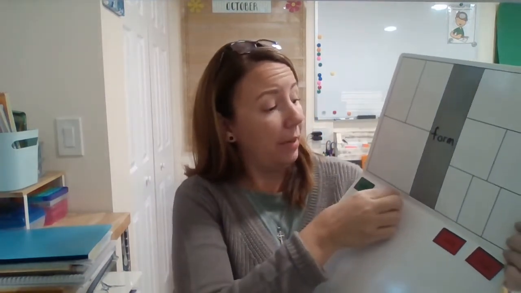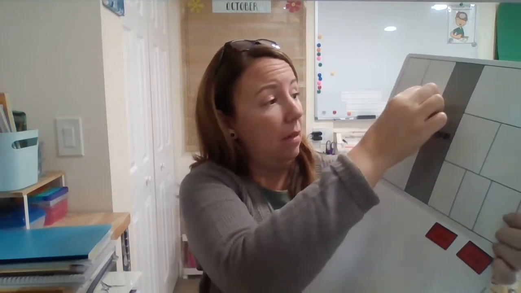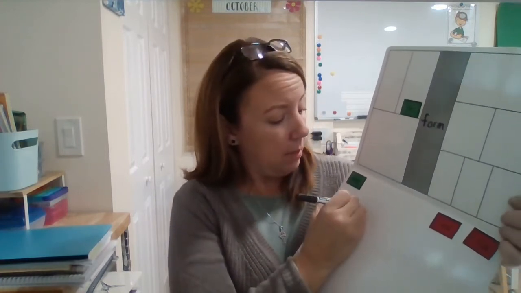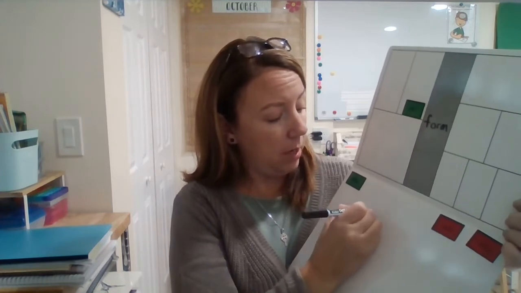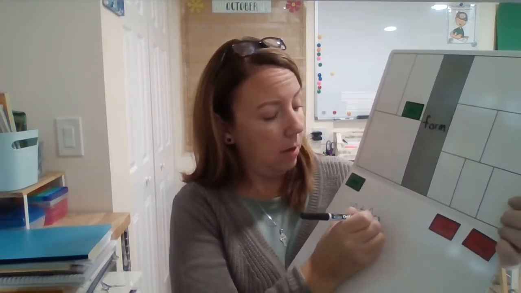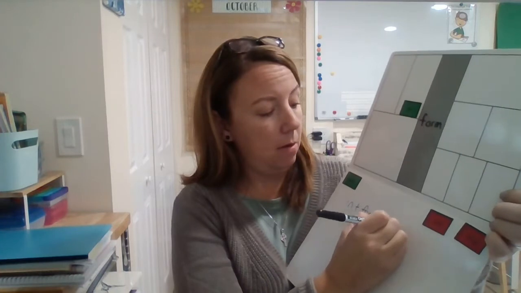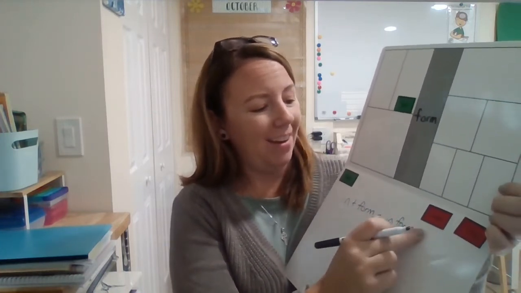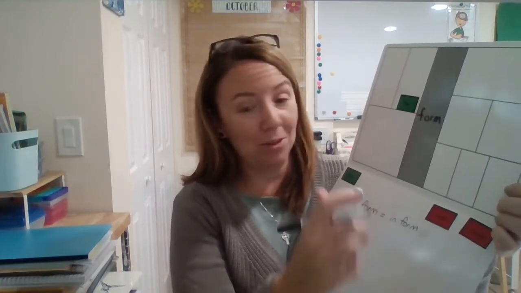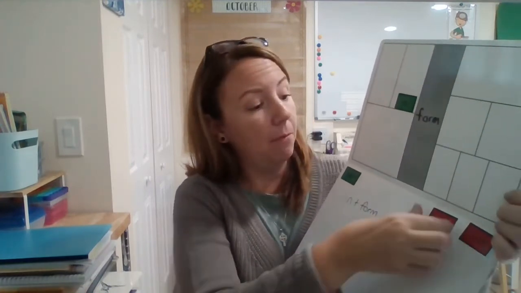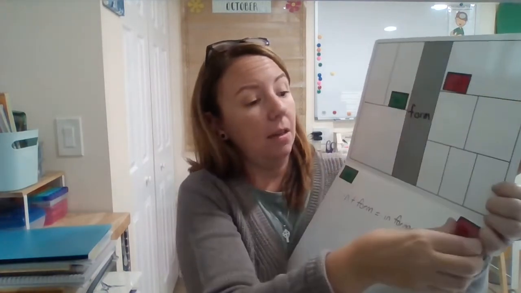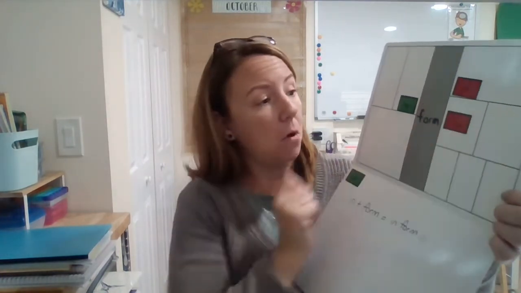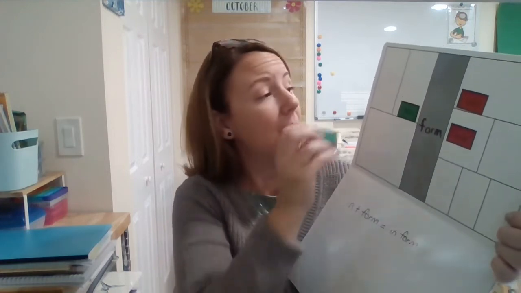So you could start with just making in plus form and writing down the word. Just writing little word sums down here. This is a dry erase, by the way. Informed. Okay, I'm sorry, I didn't add ed yet, but I could. So the next one, and then just keep building them. I can add ed, informed. I could make informing. I could add